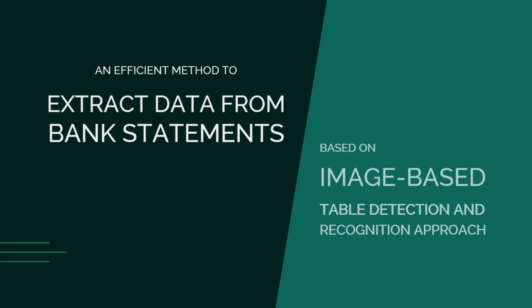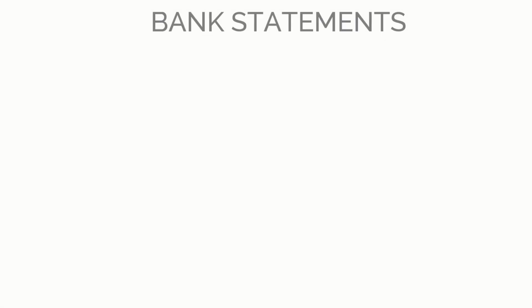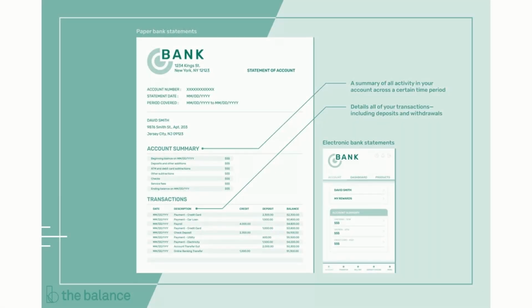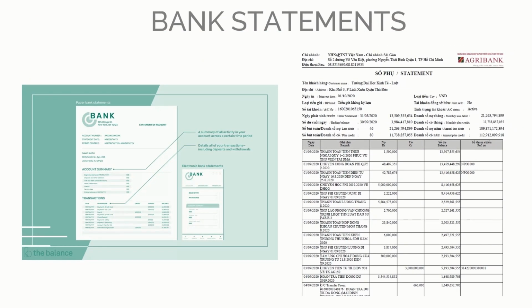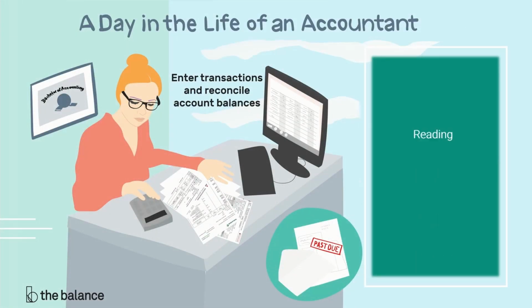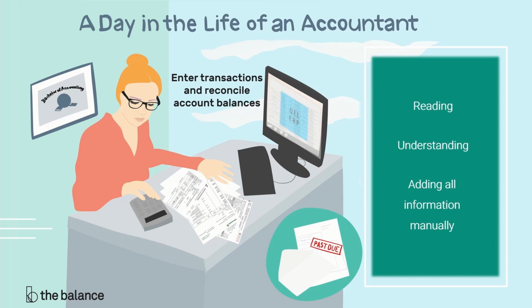A bank statement, also known as an account statement, is a document that is typically sent by the bank to the account holder every month, summarizing all the transactions of an account during the month. So this is an example of a bank statement. The accountants from the Financial Planning Division indicated that they are responsible for reading, understanding, and adding financial transactions one by one from the bank statement to a school-specific software for storage and handling of financial data.